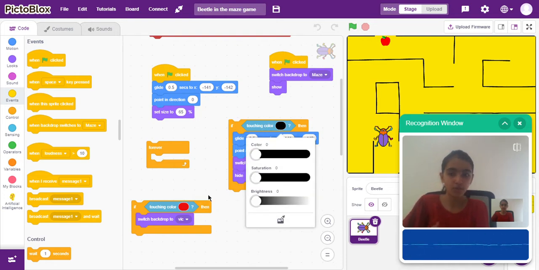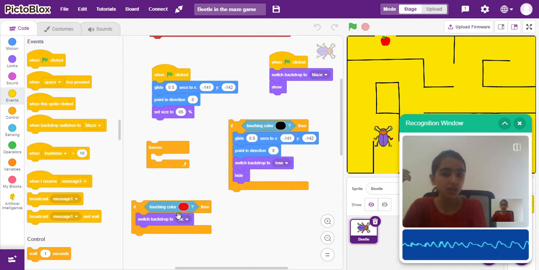Like for the apple, I've given if touching color red, then switch backdrop to victory, that you have won the game. If touching color black, then it will glide to its real position from where we started the game. Again, it will point in the 0 direction, that is straight, and switch the backdrop to lose, and hide. Hide is for hiding the sprite, because I don't need it when my backdrop has switched to lose. I'll show you. See here,